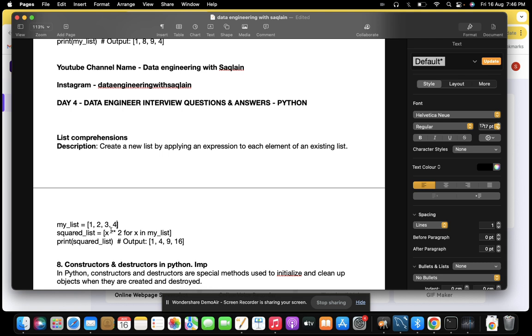So how will this work? Firstly, it will start from the index position 0. It will return the square of 1. Then it will go to the index position 1, which is holding value 2. Then it will return 2 square, which is 4. In the same way, then it will go for 3 square. Then it will go for 4 square, which is 16. So this is how it will square each element of the list one by one with the help of